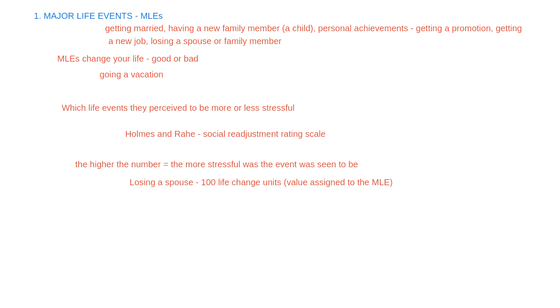So it's considered one of the most stressful things you could go through. While a minor violation of the law, like getting a ticket, was 11 life change units. So it wasn't really considered that stressful. It had a low stress amount. So going on with these life changes, and on their scale, which I'll put over here,